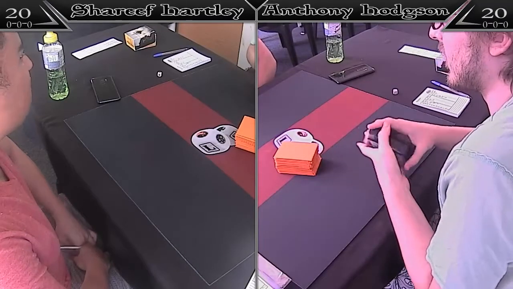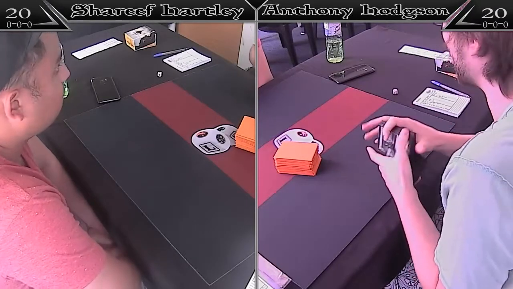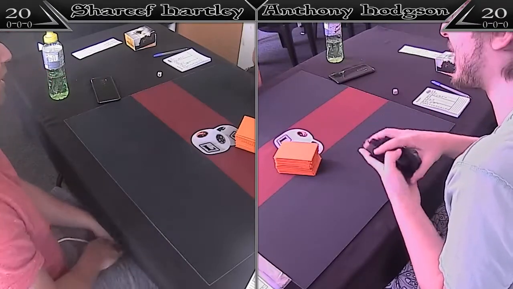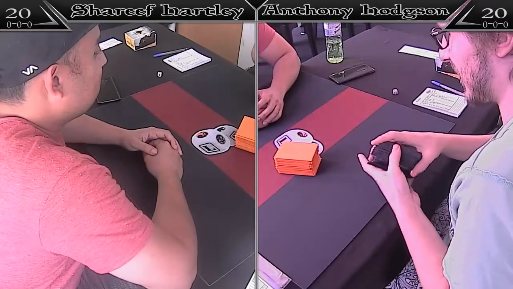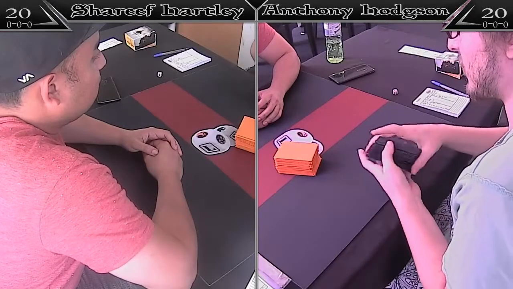Yeah, it's a little strange here. It seemed like his hand was okay and he was thinking about it, so he may have thought that it was a little too slow or was just lacking a little something, maybe top end. He could maybe just kill everything but not be able to close out the game. He is also on the play, mind, so he doesn't get to draw off the top of his deck, so it does